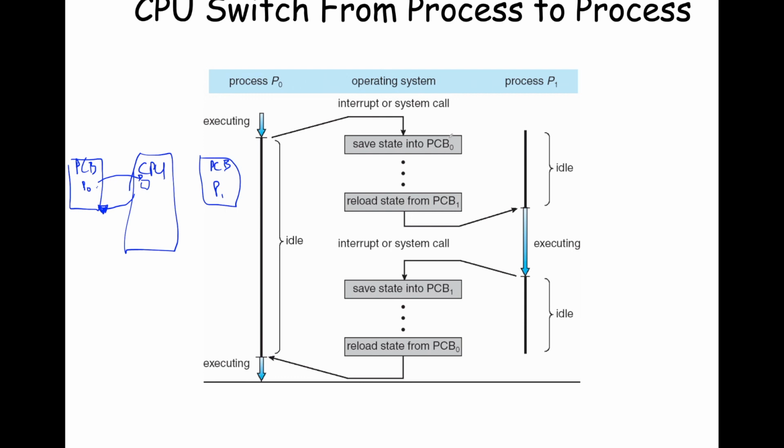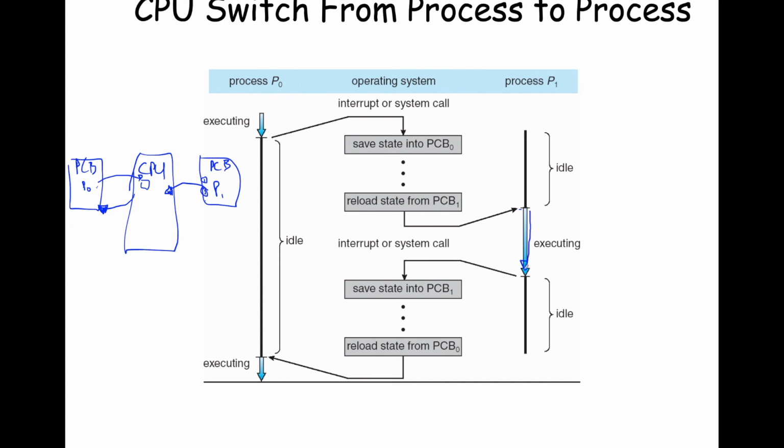And then, all right, well, it switches to process P1. Scheduler selects process P1. So that means the state that's been saved away in the PCB, process control block for P1, is going to be loaded onto the processor. And then the instruction stream runs. Now, when the instruction stream is executed, of course, the program counter is going to change because it's no longer going to be the first instruction that's executed. It might be the third or the fourth, etc. So now what happens, that process P1 starts to execute after its state is loaded from its process control block, and now it starts executing.